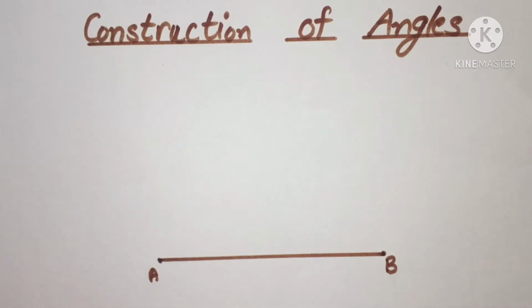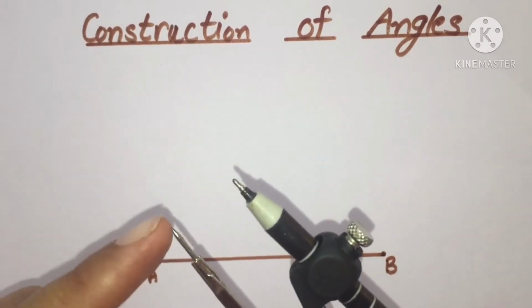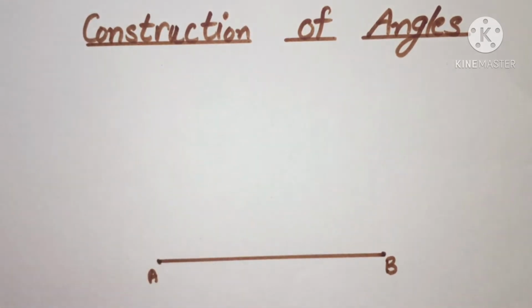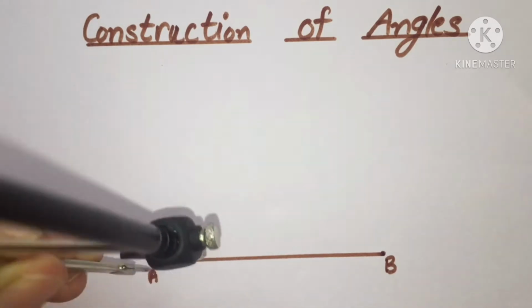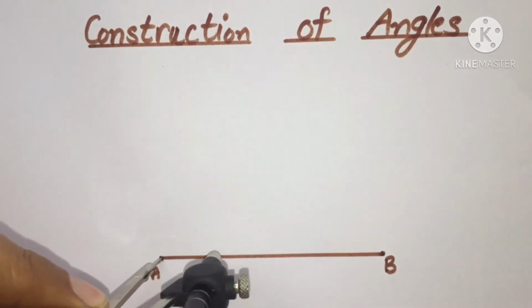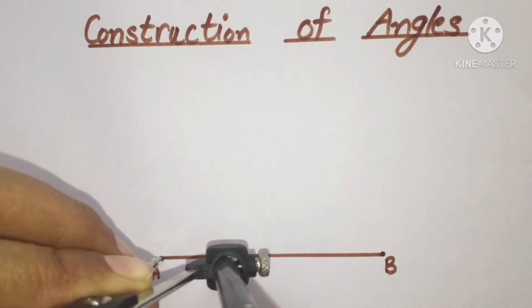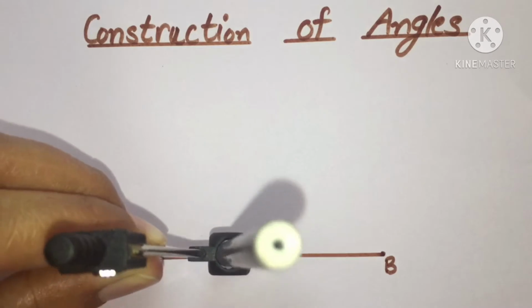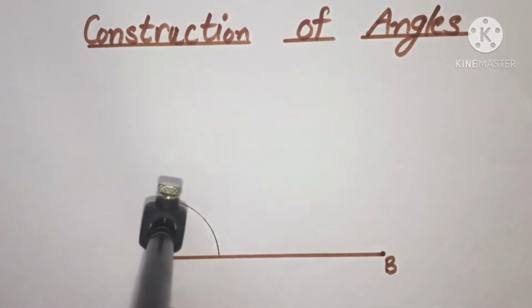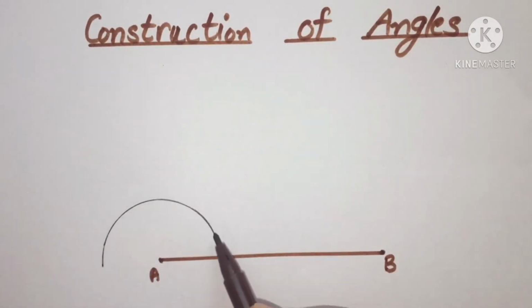Now what you have to do, take the compass and keep the sharp tip of this compass on this point A and take the width of the compass as much as you want. Like I am taking this much, so I will keep this tip on the point A and draw an arc of this much width like this. After this step, this arc will intersect the line segment AB at some point,